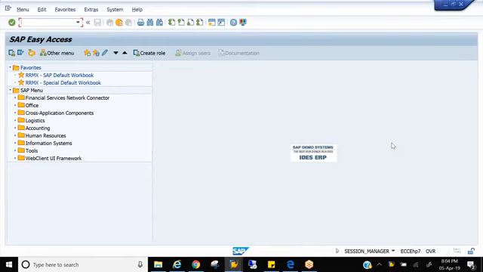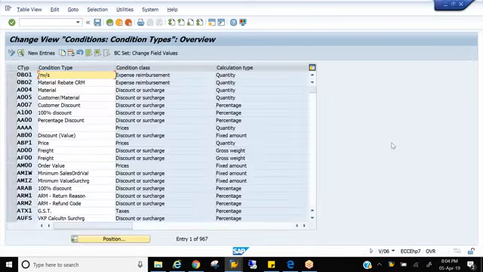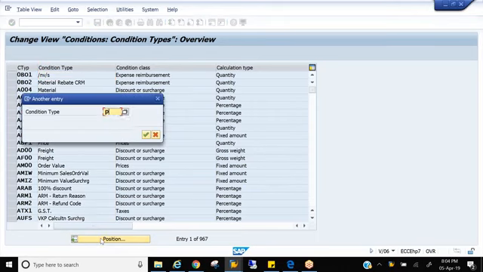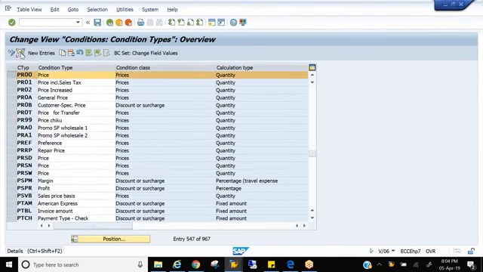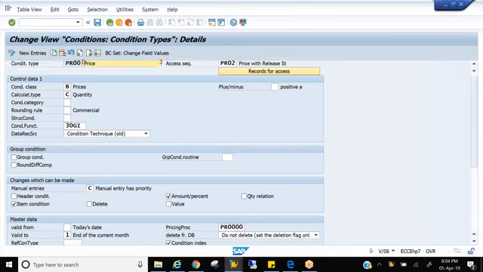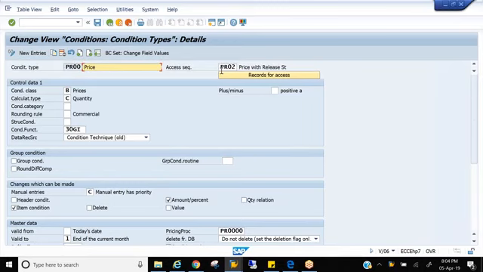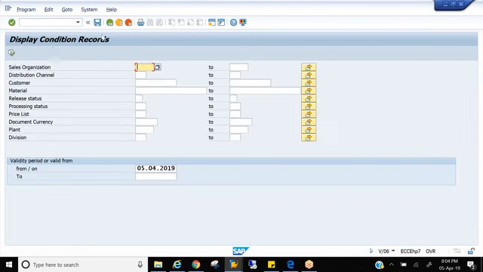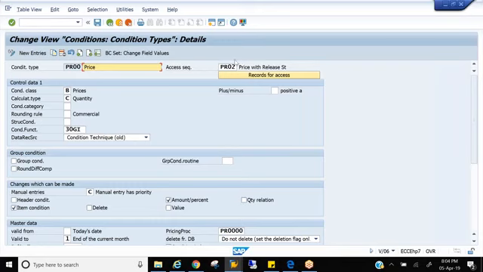So I'll go to the condition type control, that is V/06, and the standard condition type ER00. Let's discuss the details of what we have here. The first field you will notice is the access sequence. That is, you are assigning an access sequence to this particular condition type, right? Then next, records for accesses. This will show you what all the condition records have been created using this particular access sequence.